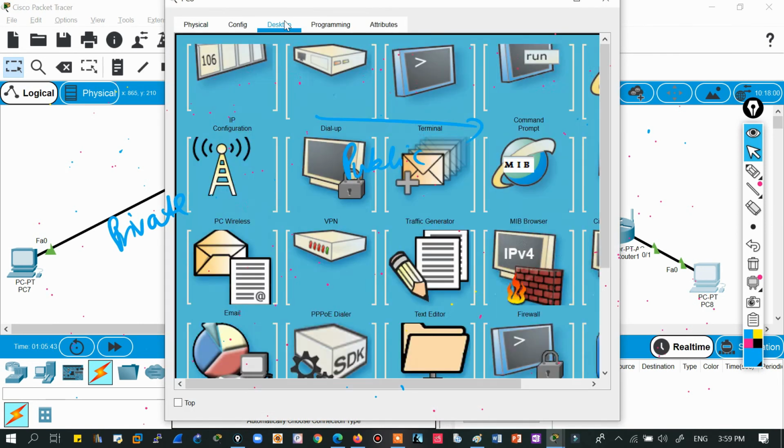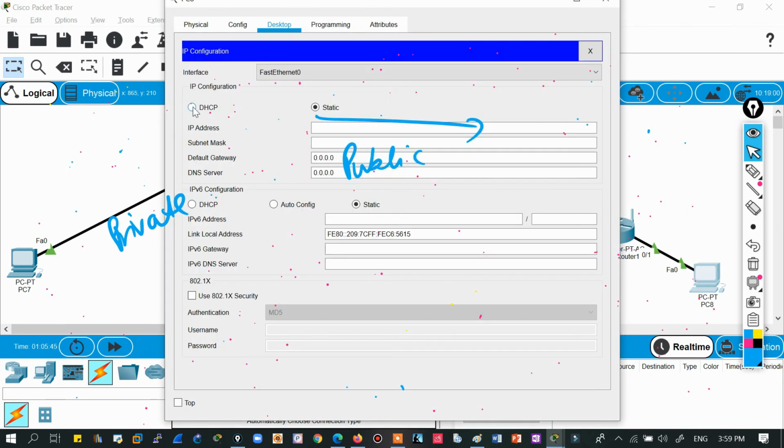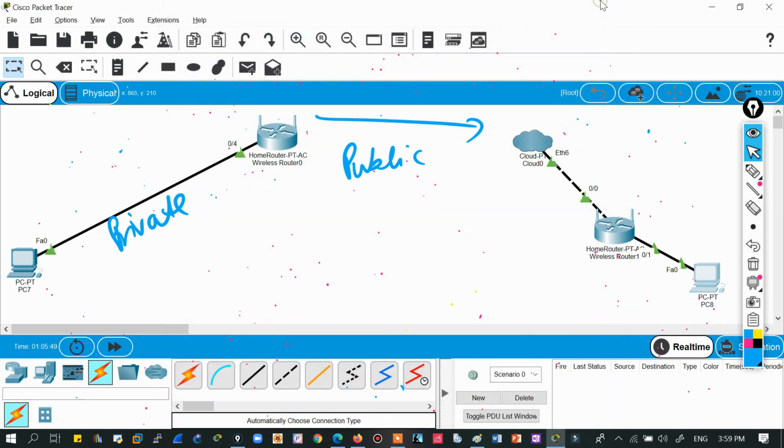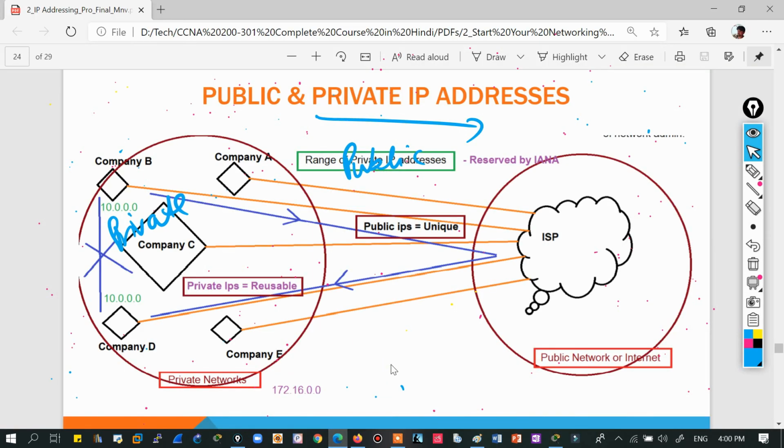these wireless routers are configured to provide private IP addresses. So this is helping us to save a lot of IP addresses, meaning here you can use the same network, the same IP addresses, right? So this was the concept of public and private IP addresses. In your private companies you are using the same IPs, the same network, worldwide, right?